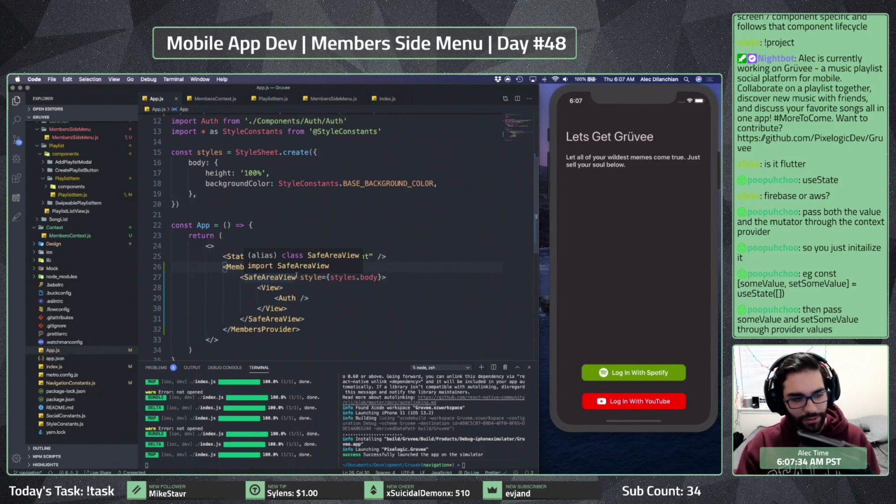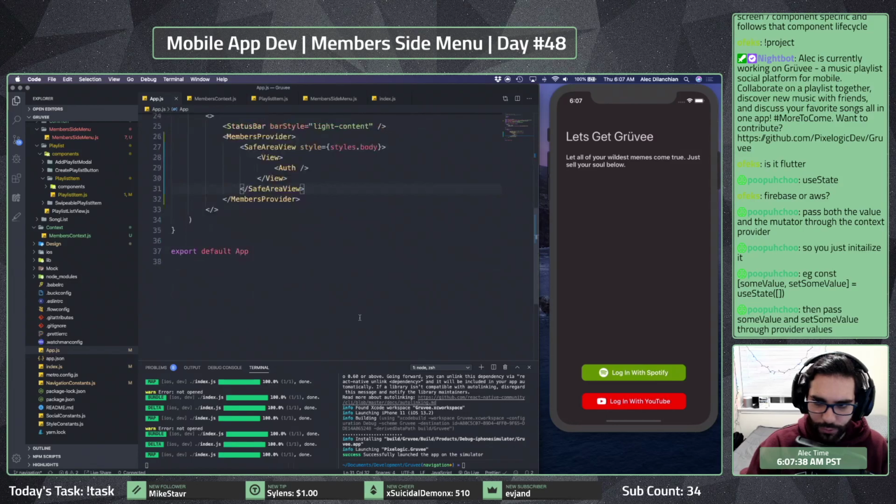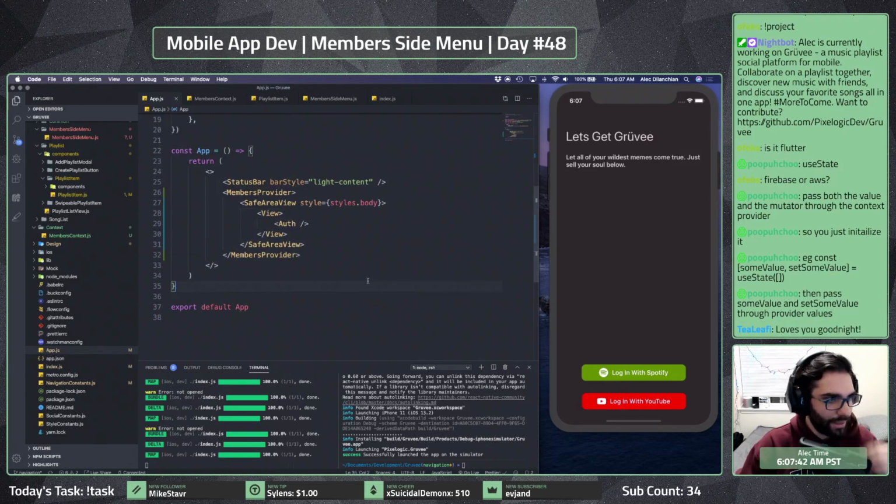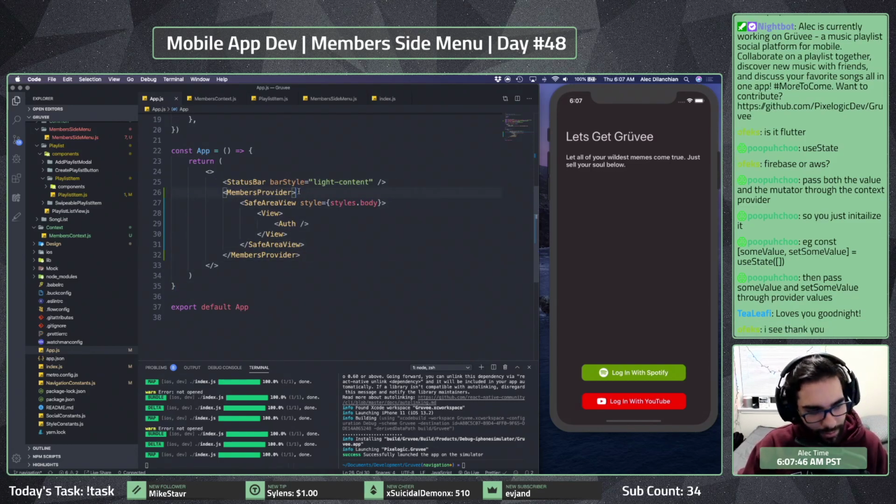In Firebase AWS, we actually don't have a backend set up, OFX. Not yet. First, we're going through the UI and getting this all set up, state management and things like that. And then, yeah, we'll go and set up a backend.